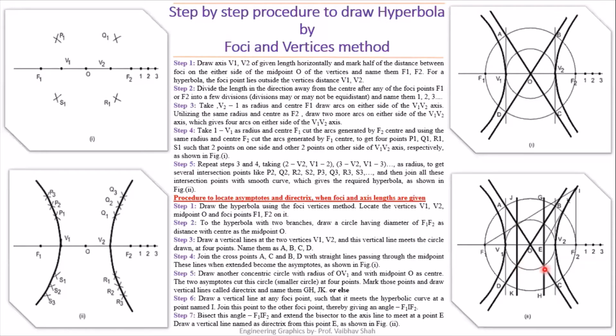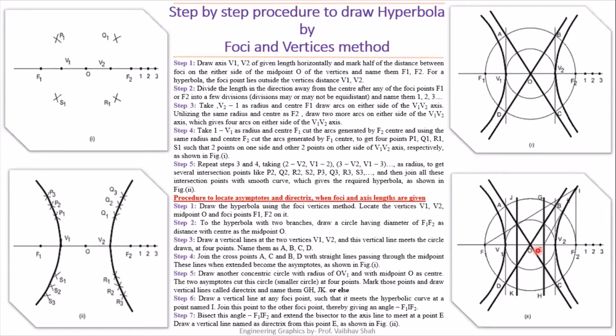So now at this time, we'll be joining J and K similar side points by a vertical line, and similarly we have to join this point G and H similar side points by a vertical line, and these two vertical lines generated are known as directrix of your double hyperbola. So now you can find out the directrix lines by another method also.